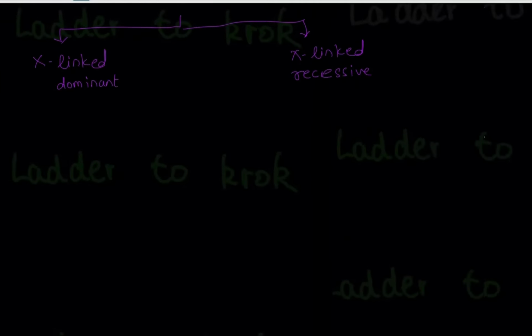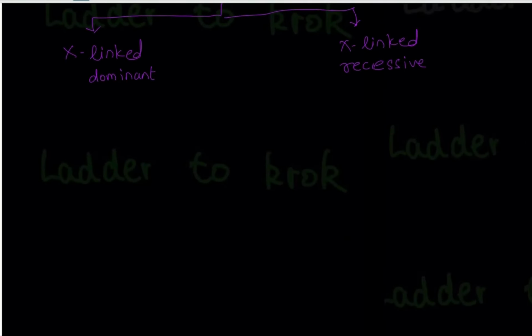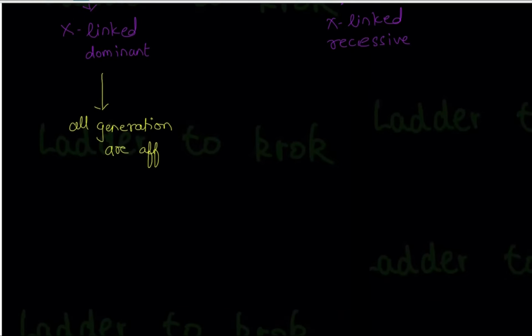So write down about X-linked dominant. In X-linked dominant, all generations are affected. All generations means if a grandfather is having a disease, then the father will also have the disease and the child will also have the disease. Okay, so all generations are affected,